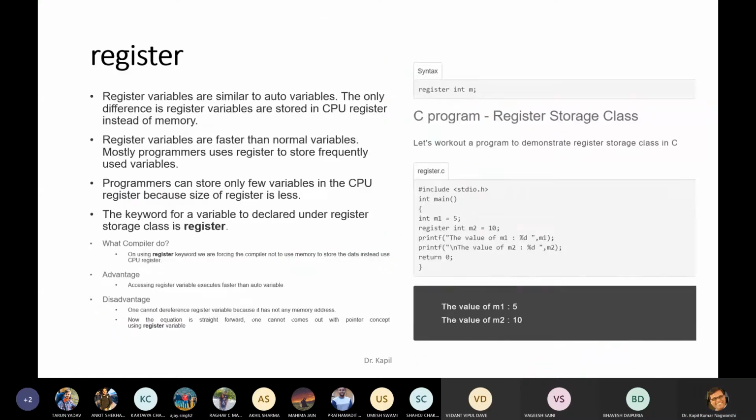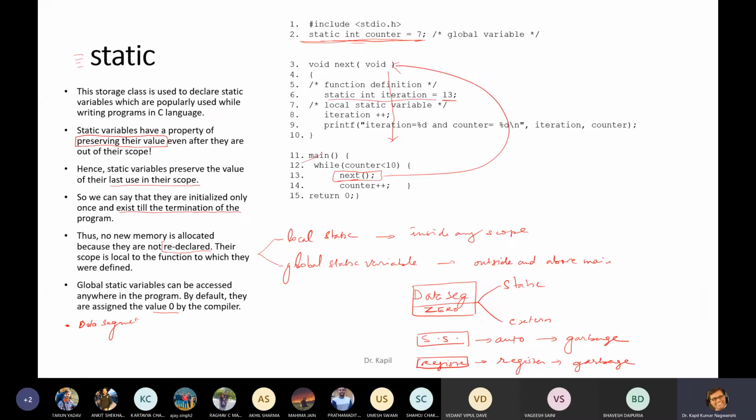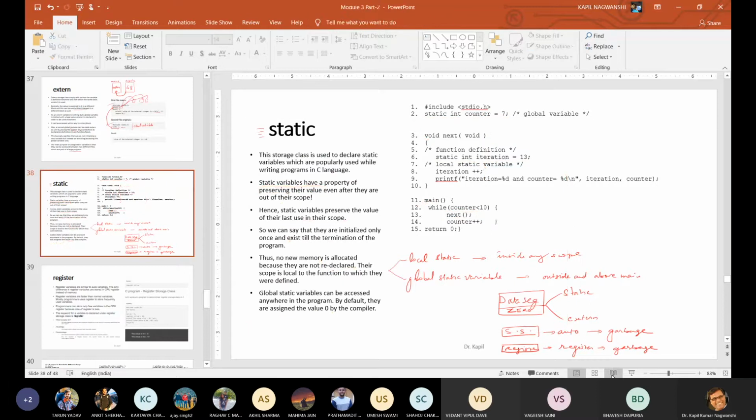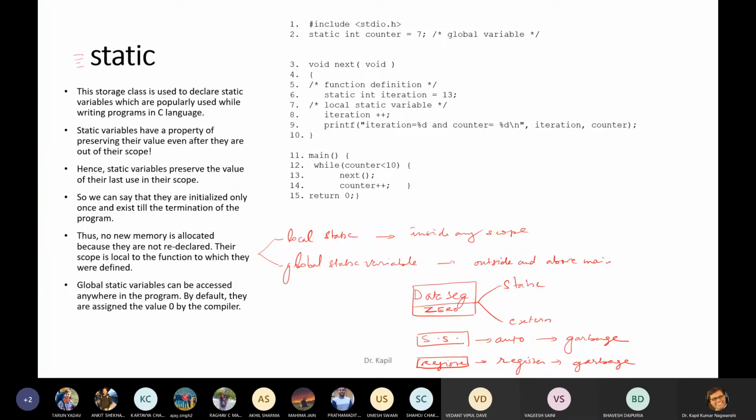Now, let us discuss the register variable. Actually, before this, I need to explain this program. So let me delete some annotations. So just try to understand the meaning of this program. There is one function call and this is the function name.